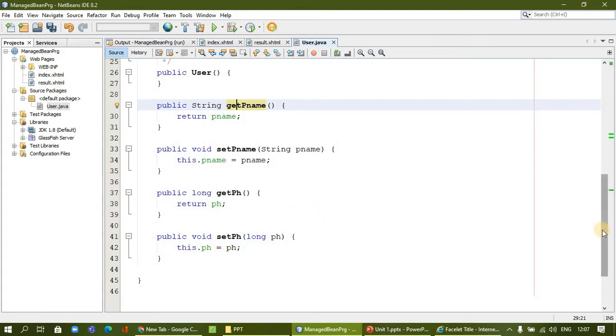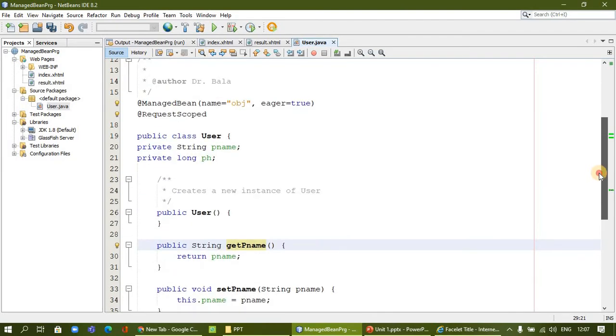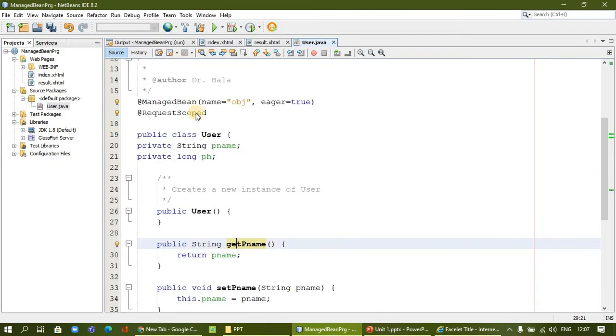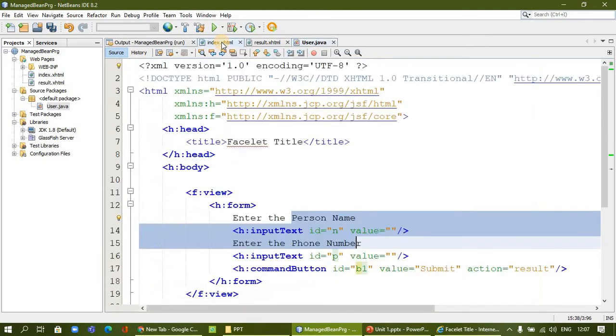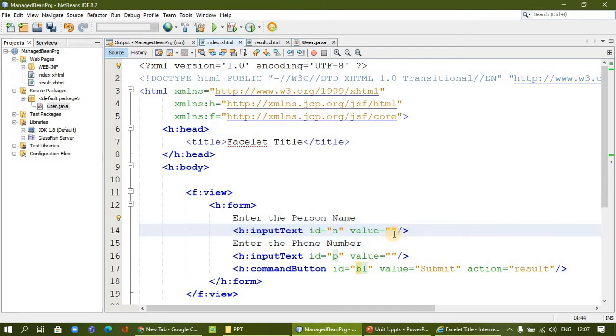So our managed bean is ready with request scope. This managed bean must be connected with our input. So here, what is our object? The object is OPJ. We have to use expression language. How does expression language begin?